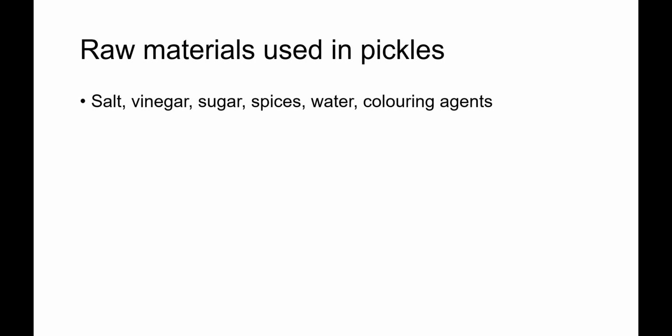It should not contain magnesium salt, as magnesium salt imparts a bitter taste to the pickle. Additionally, carbonates, being alkaline, lower the acidity of the pickle and also make the pickle very soft in texture. So when you are using the salt,